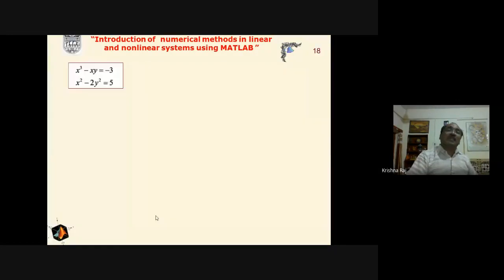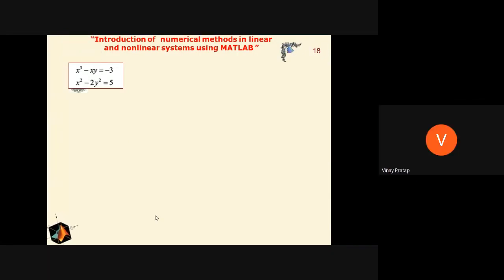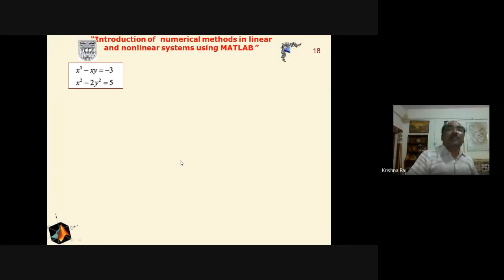Now these commands can be used in our program when we are going to design a system, because a system is nothing like a very small equation or a very small command. It will be like thousands of lines of program. So in that we can use these commands in order to solve this type of problem.